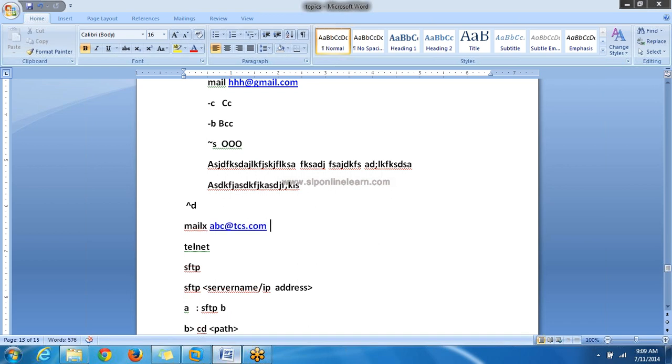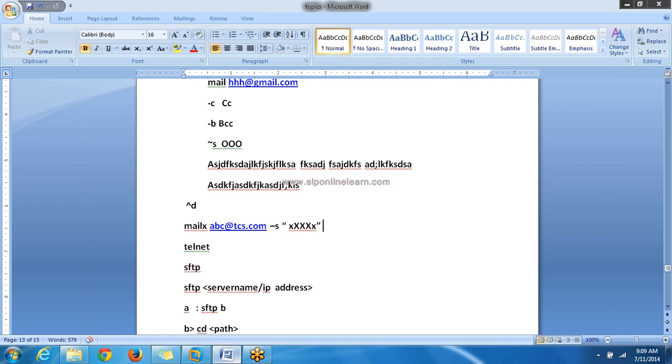If you want to specify more mail ids, then you can use comma or semicolon. The suggested one is semicolon. You can use comma also, then the second mail id, then the next mail id, and so on. Next, if you want to specify a subject, then minus s, and you can write some subject about this mail. This is the subject area.